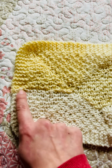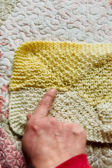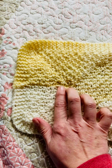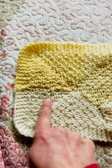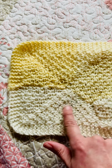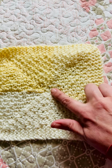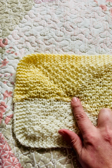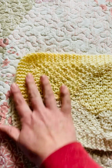And how this works is you work on half of the stitches for the width of square that you want. This was where my provisional cast on is, and then you work this way, and you work this little triangle this way, and then you work back down here, and then you're just going back and forth and going down, and when you go back down, you're making your turns until you get all the way around to where it meets. Because I did a provisional cast on, I was able to do a Kitchener stitch close,